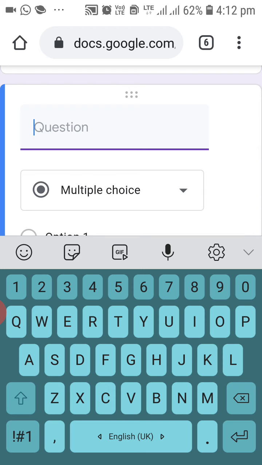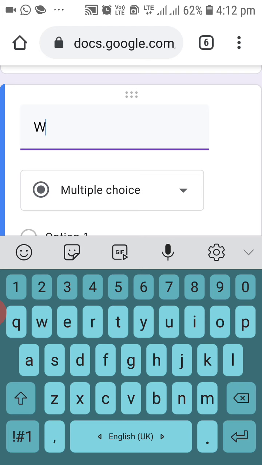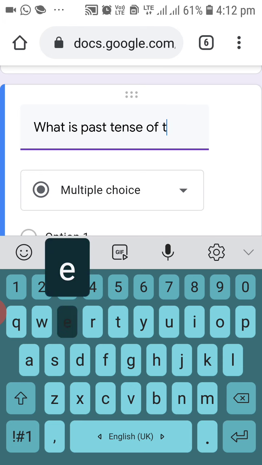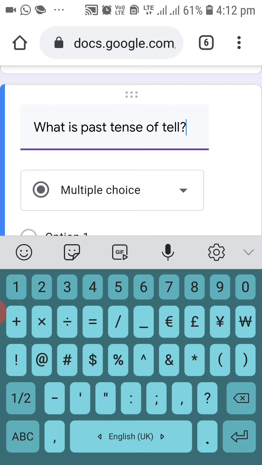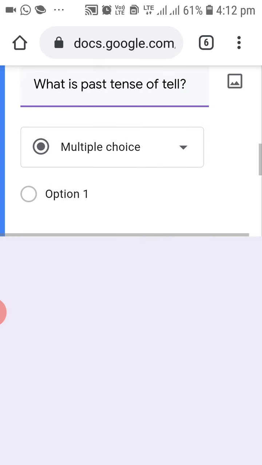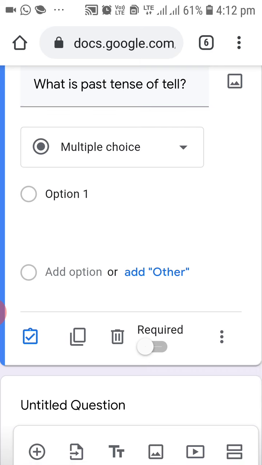For example, I'll write: what is the past tense of tell? Okay, so this is my question which I have typed. Now it depends on me whether I'll keep it multiple choice or short answer or what. Now this I'll keep as multiple choice.